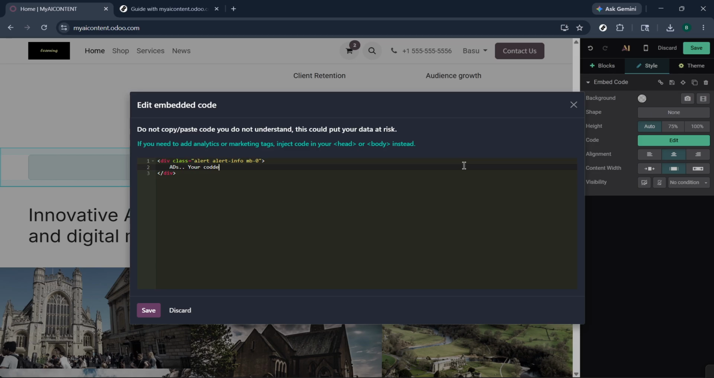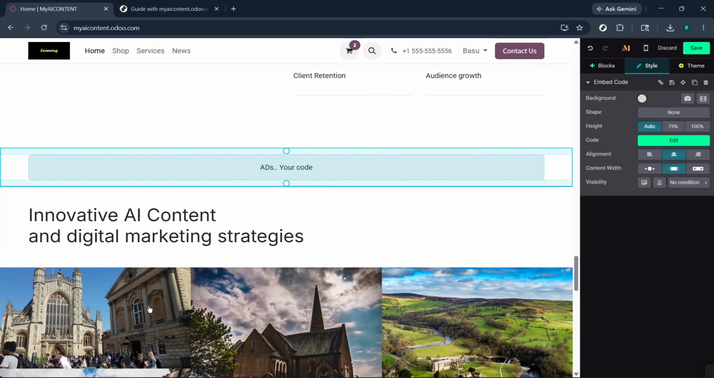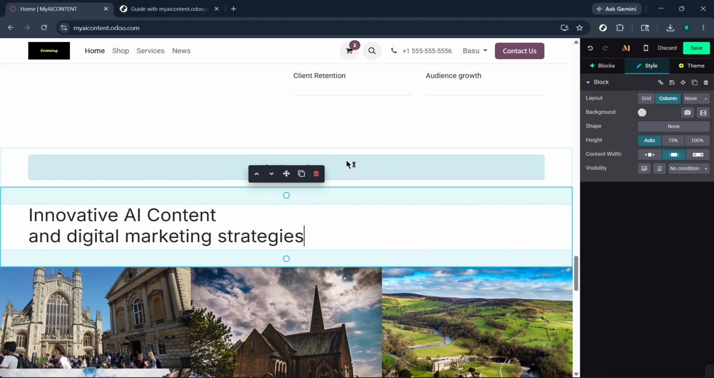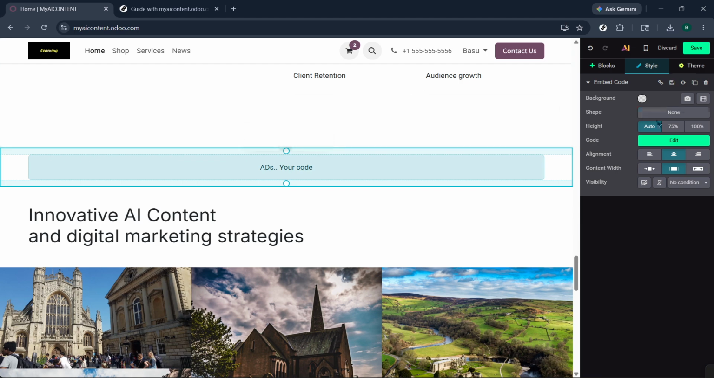Once you've replaced the code, it's important to ensure that everything looks good. You may want to preview how the ads will appear on your website visually. This step is crucial because you want to make sure that your ads are not only functional, but also visually appealing on your site. Finally, after confirming that everything appears as you want, go ahead and click on the Save